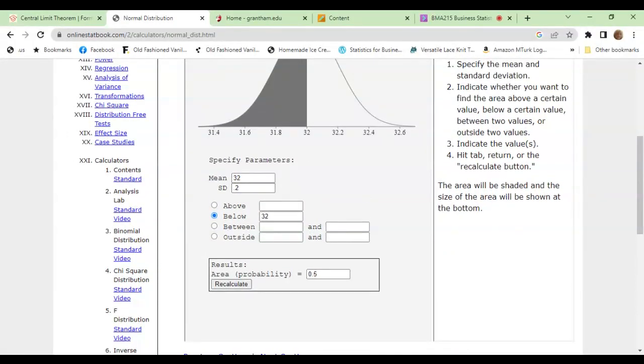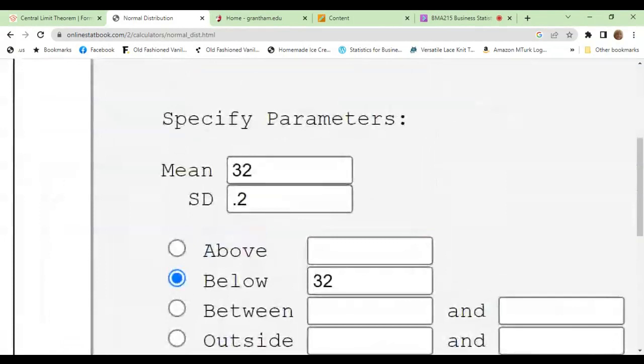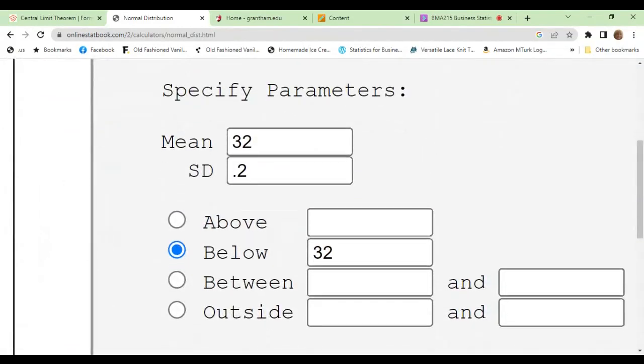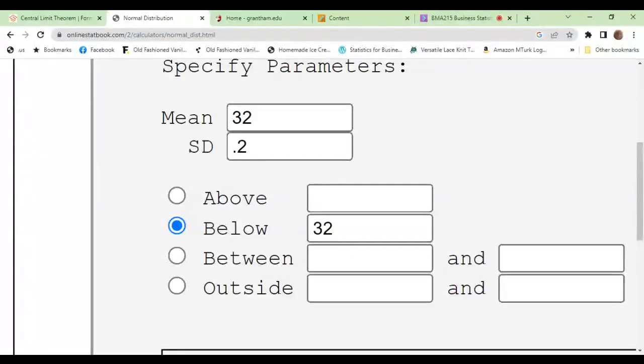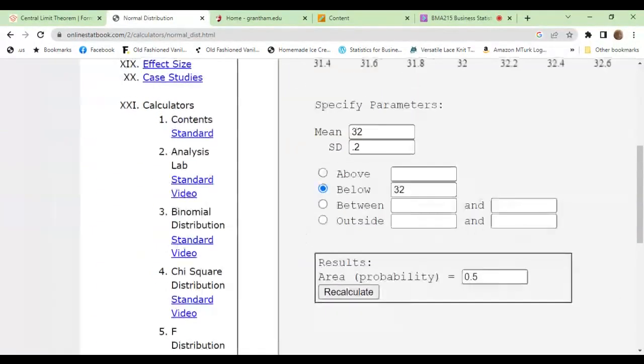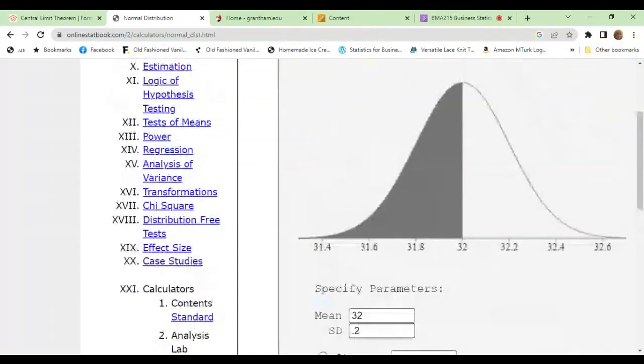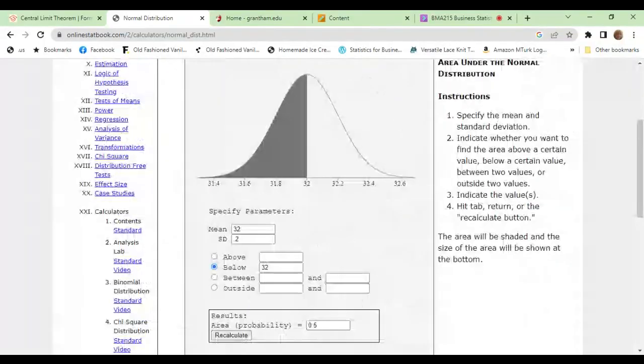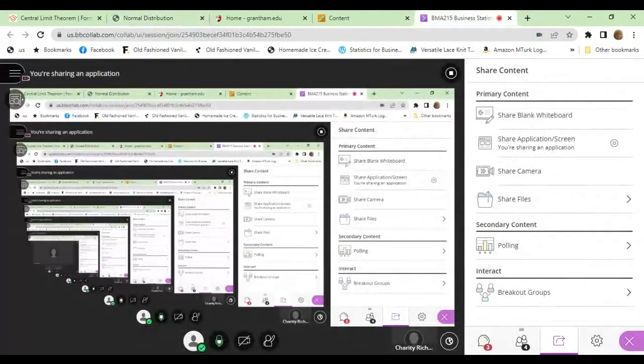So now we don't have to do the z-score. We can just plug our new mean in with the new standard deviation. That is 0.2. And then we wanted it less than 32, so it would be below 32. And we get 50%. But you can see that's half the curve. And that's why I like this calculator, because it gives us a really nice picture. All right, but you're saying, well,